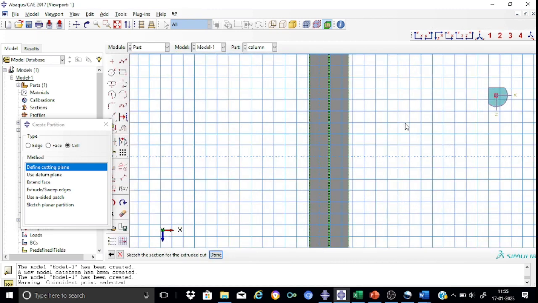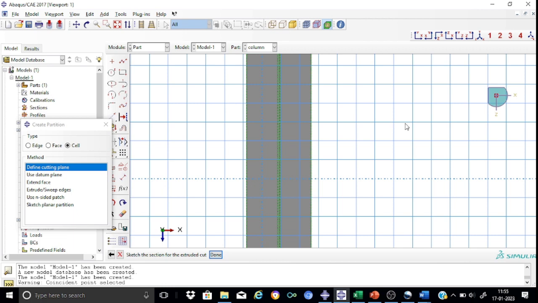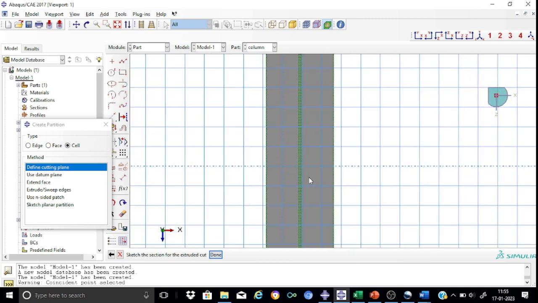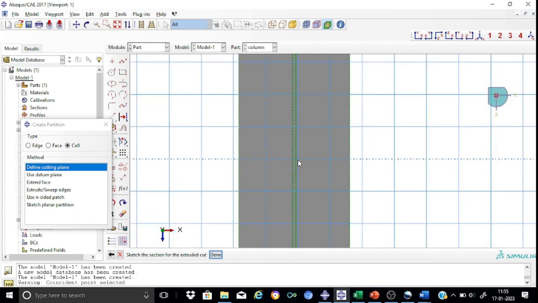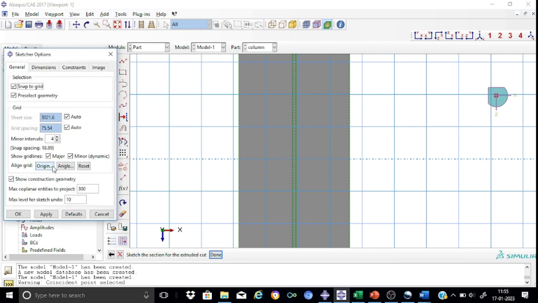Fine. So now as you can see, in order to create the bolt hole locations, it is important that we assign 0, 0 location to this sketcher origin. So now let us see presently where the sketcher origin is. You can go over here, sketcher options, and in the origin, you will find that yes, one is